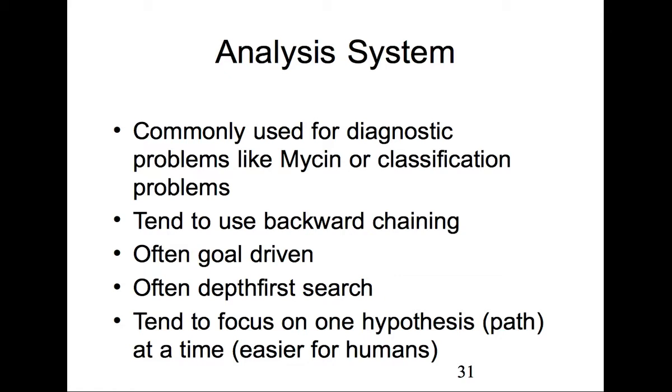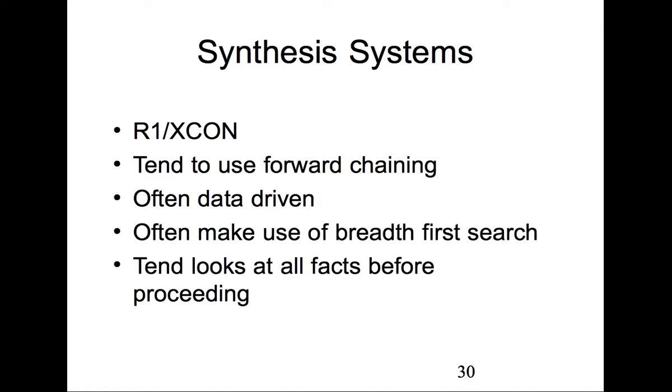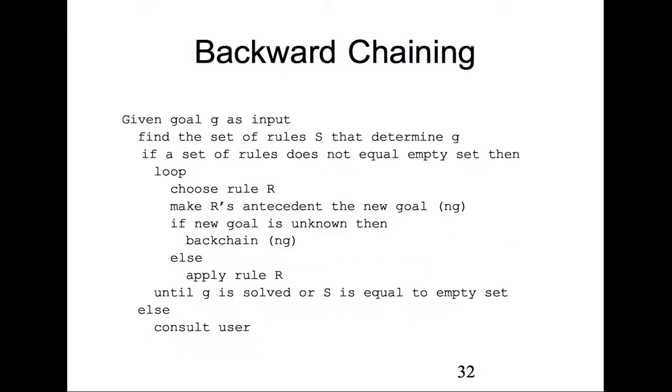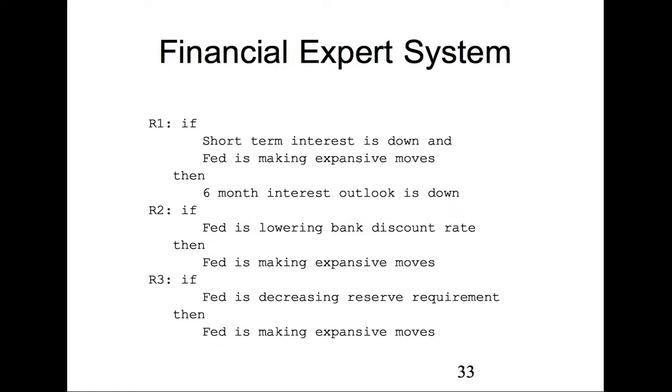So the analysis system and the synthesis systems are two separate types of analysis that can be performed. Backward chaining is in pseudocode here. If you haven't seen pseudocode yet, this is, given the goal G as input, find something, loop, else, and then